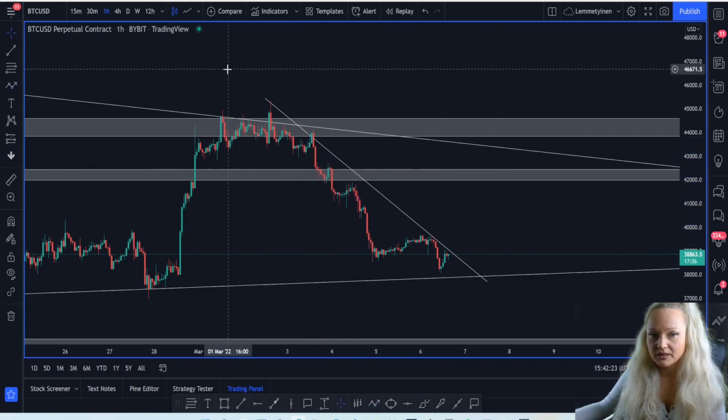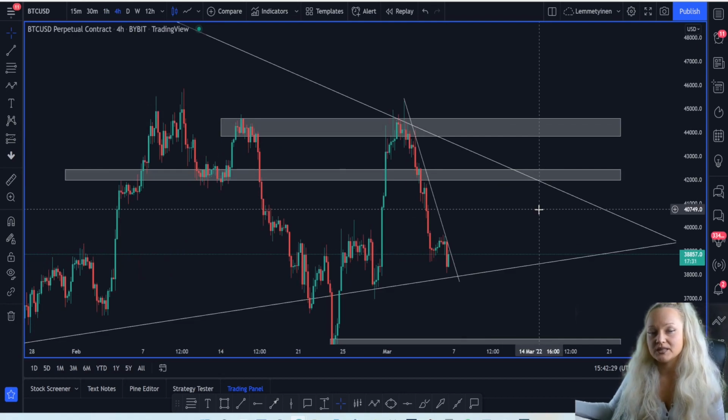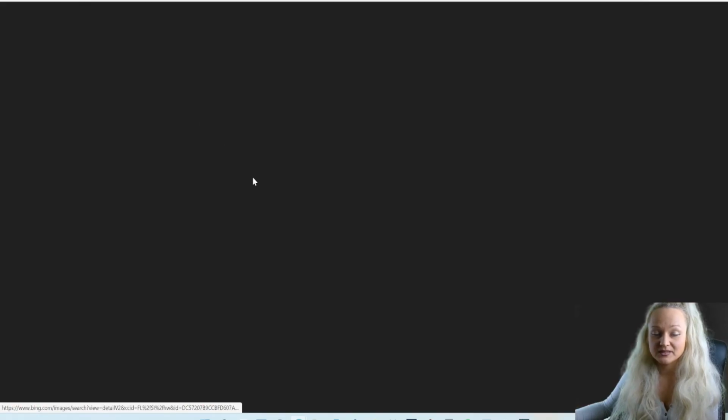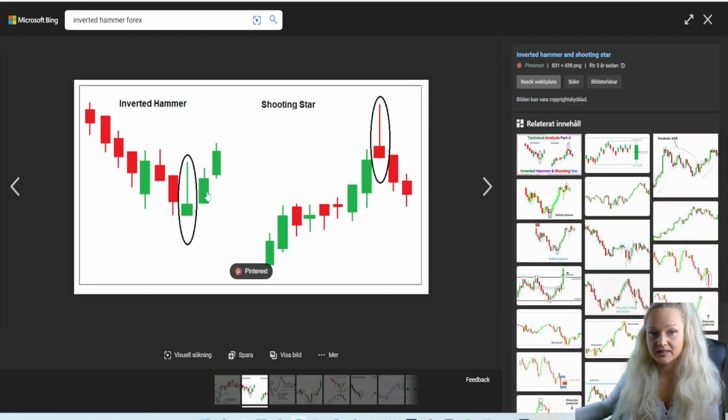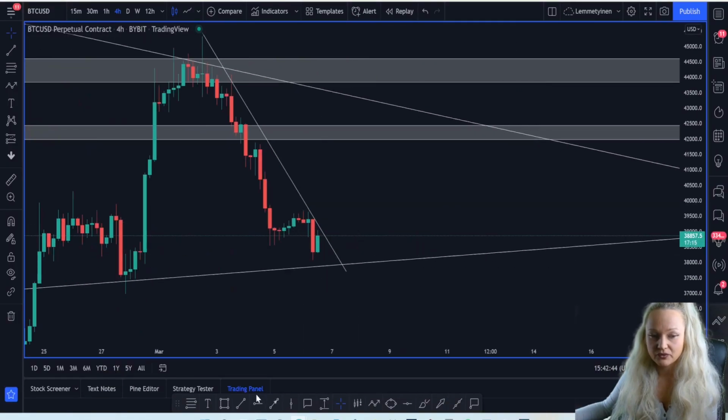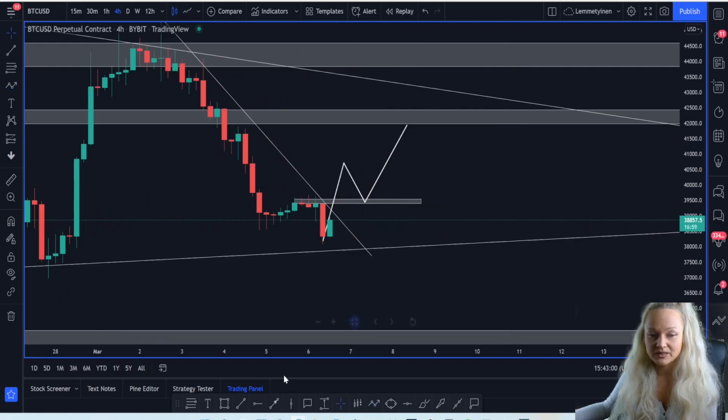But if we're breaking this trend line, and combined with that, we can see the weekly candlestick being an inverted hammer, which is telling us that usually what happens is that the market is pushing to the upside. If I see a break on the lower time frames, now on the 4-hourly chart, the last lower high on the 4-hourly chart is around 39,500. So if I see a break of this level and a higher low being created, because at that point we're breaking this resistance trend line, at that point I'm actually gonna take, as always, my Fibonacci from